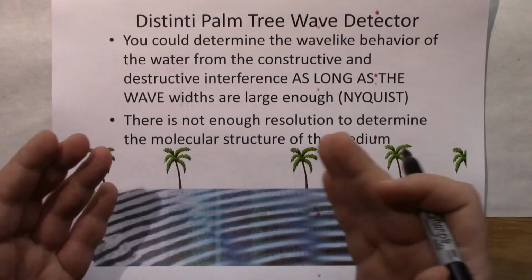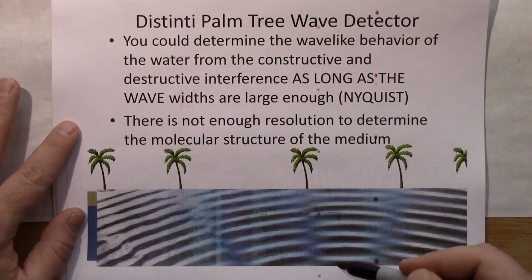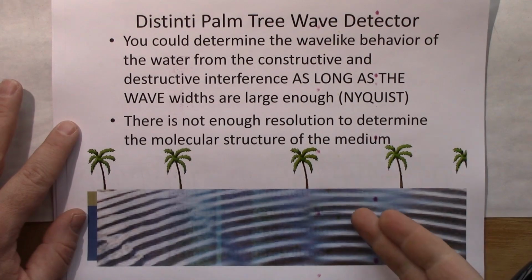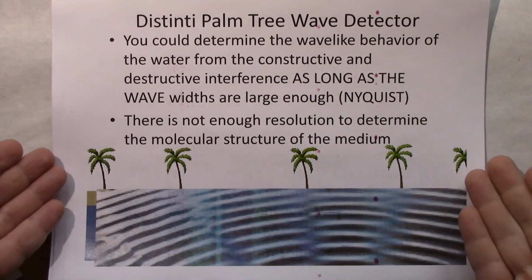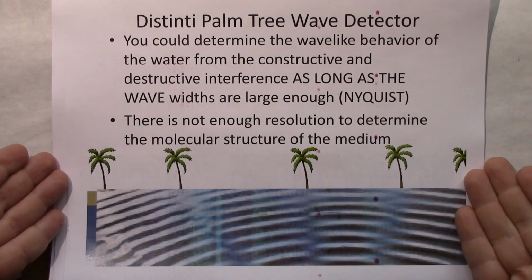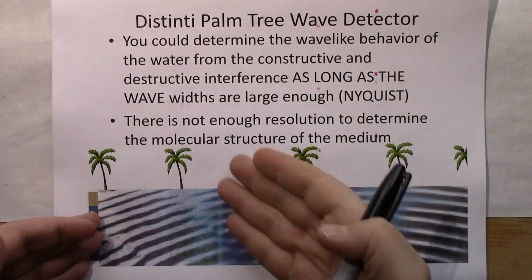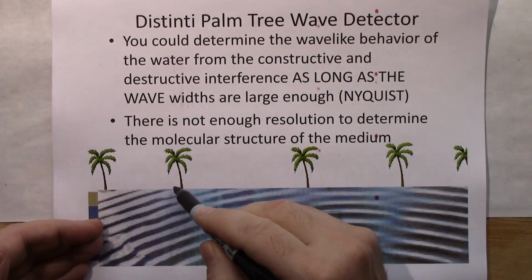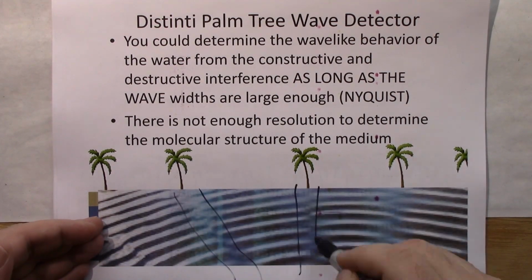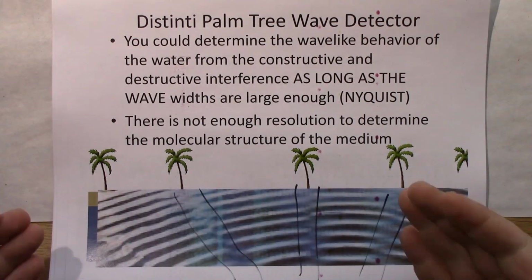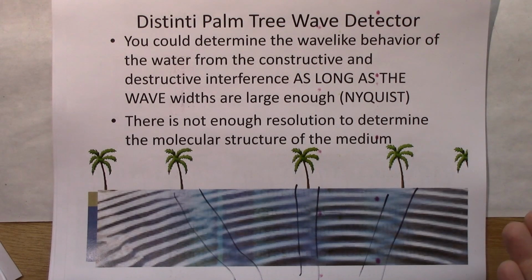But with our palm tree detector, if we had some waves coming ashore, as long as the size of the waves are much bigger than the granularity of our palm trees, we can definitely say where the trees are cleared away after millions of wave fronts finally clear them away. But here, where you have the nulls, the trees are still standing. Well, the size of the waves that we're measuring are much bigger than the granularity of our detector. Okay, that's Nyquist for you, baby.